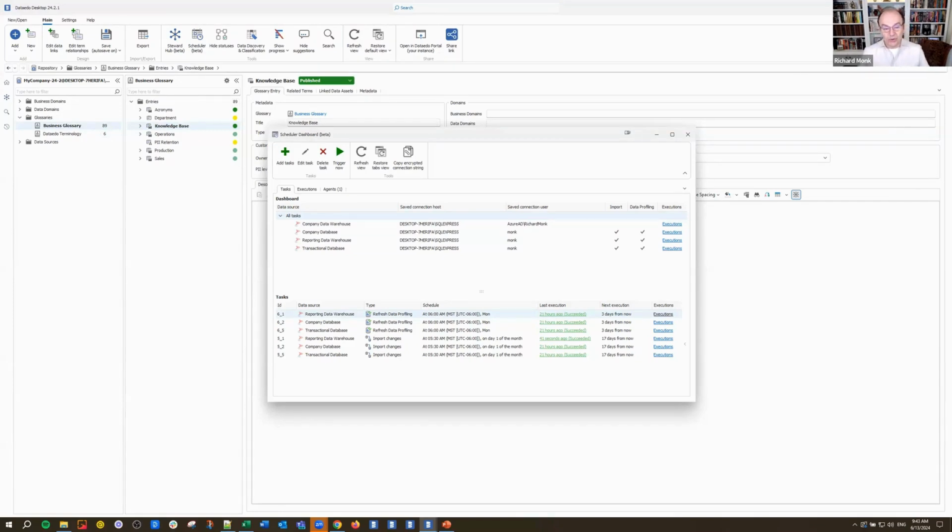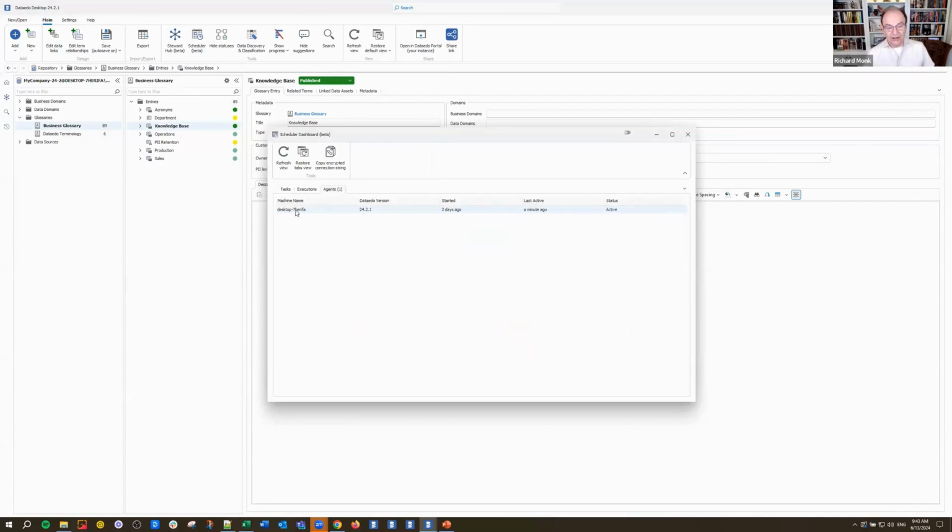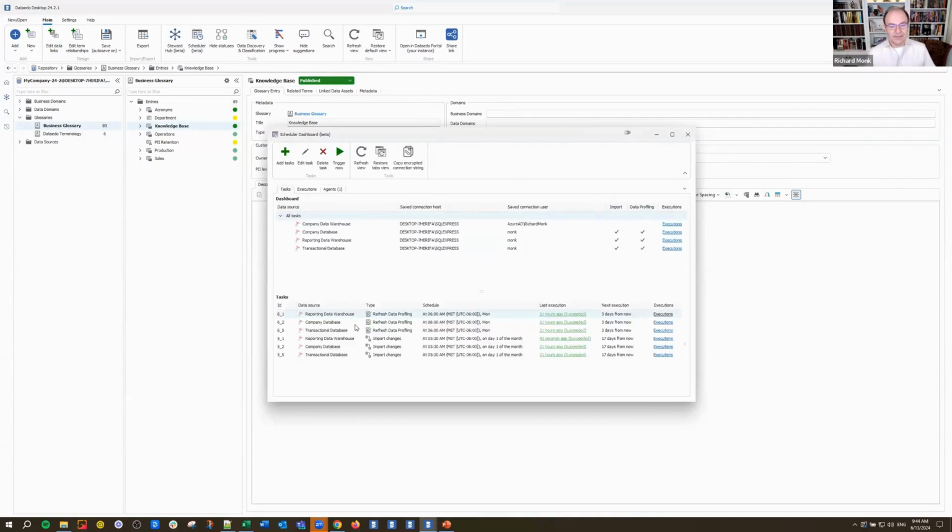So I'm just going to make one more comment, and that is about the agent here. You set up one agent for your repository. If you have two repositories, you need two copies of the agent. If you need to do that, contact us and we'll help you through that. It's not currently extremely straightforward. We can help you do that if you need, but most people are just going to have one repository, one agent, no problem. So just be aware of that.